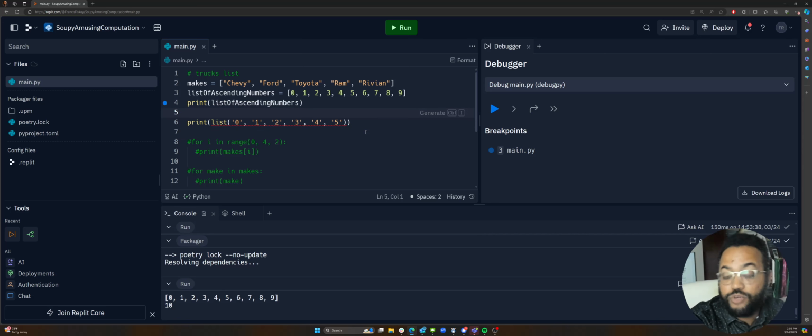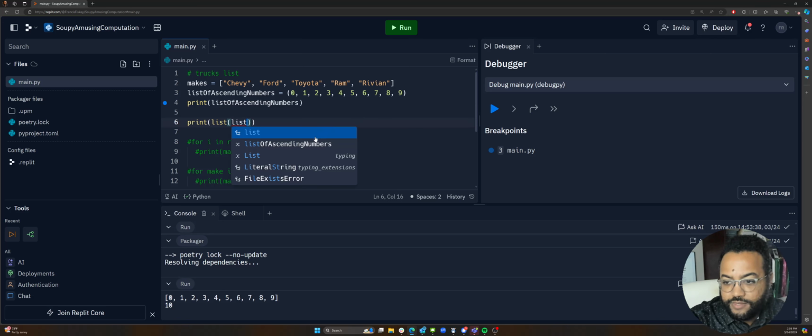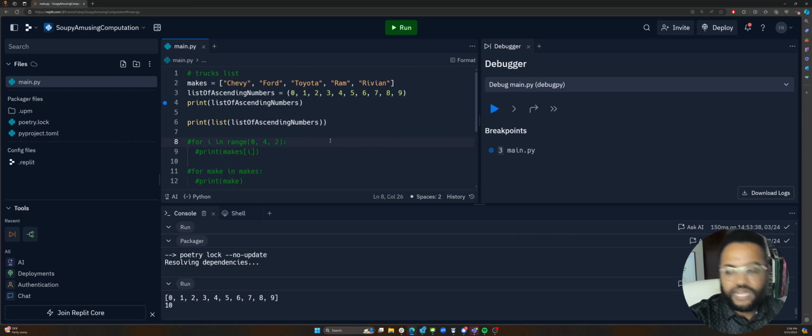You know what would make this a lot easier? If I just said list of ascending numbers is now not an array, it's just a tuple. Like that. And if I took that tuple and I dumped it like this, now it's not mad anymore. But if I try to overload this with the numbers, it's completely upset. So what I did here